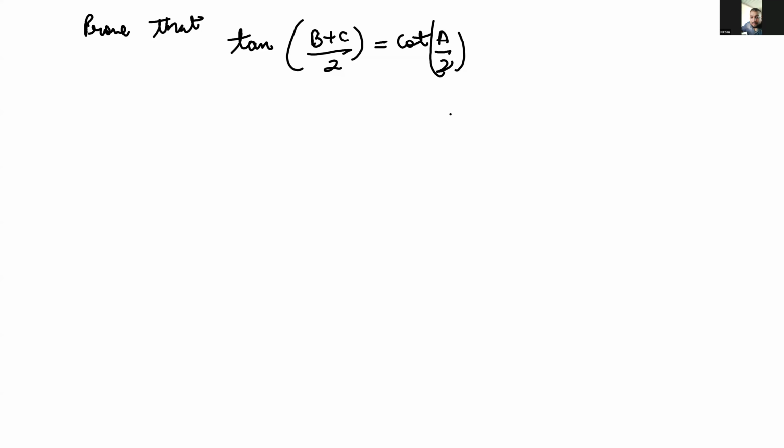Okay. A plus B plus C is equal to what? A plus B plus C is equal to 180. Now I will send A to that side. It becomes B plus C is equal to 180 minus A. Then I divide it by 2, and it becomes